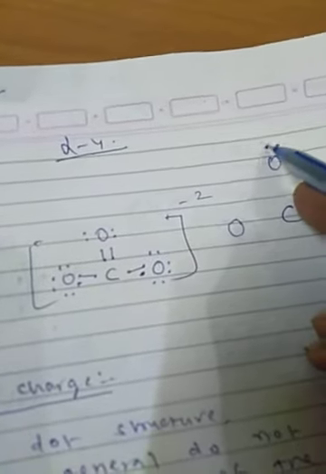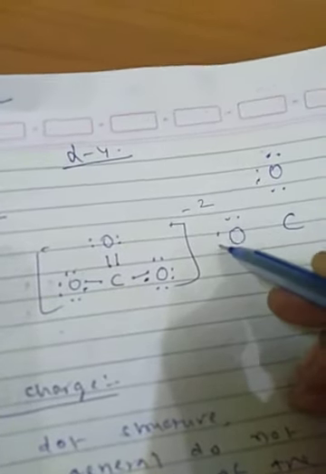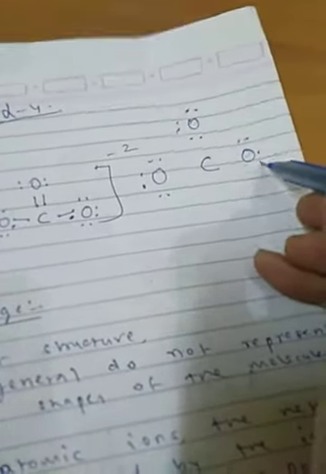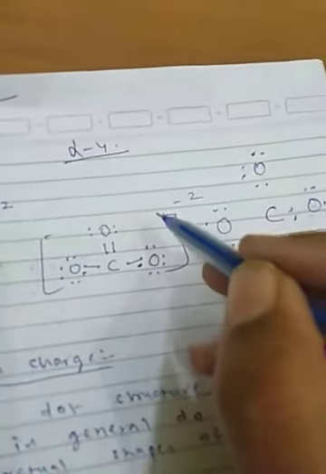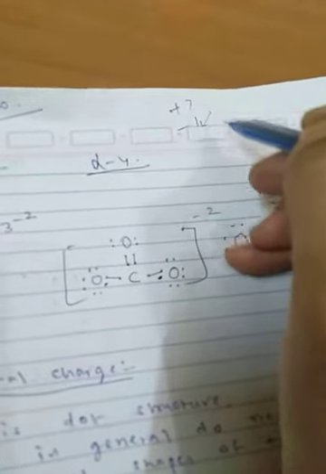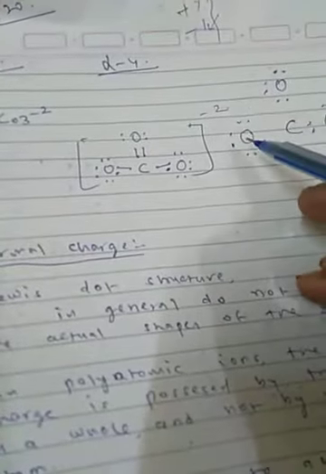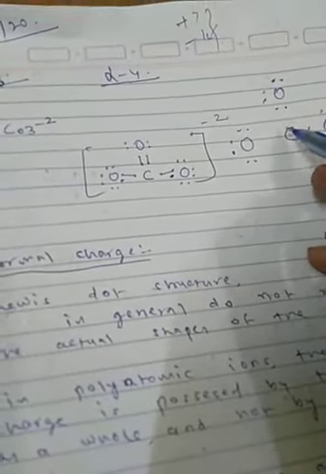Okay, so you can show here one pair, second pair, third pair. Like that you can show one pair, second pair, third pair, one pair, second pair, then third pair. And minus 2 means 2 extra electrons added. So minus 1 extra to complete the octet. So for the minus 2 charge in the complete molecule, you have to add 2 more electrons, which means you have to show 2 more electrons. Now you know carbon has 4.